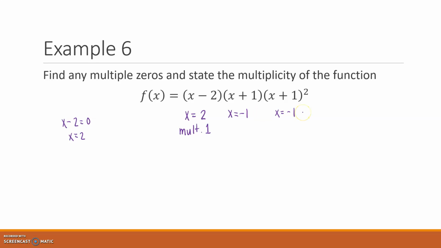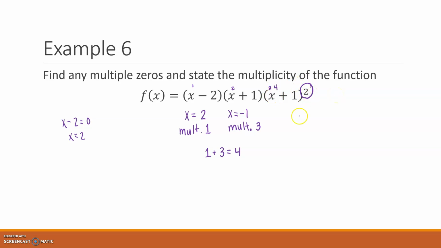But with -1, I see a couple things. First of all, I wrote it out twice, but then on top of that, this one has a squared on it. So that means that when I put all of these together, I don't have to write it twice. I can just write it one time, and I can write that it has a multiplicity of 3. Hear me when I say this. The multiplicity numbers, so in this case 1 and 3, should always add up to equal how many x's were in your original problem. Here I've got 1, 2, 3, 4,